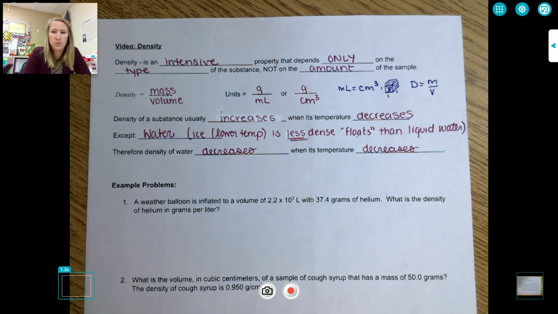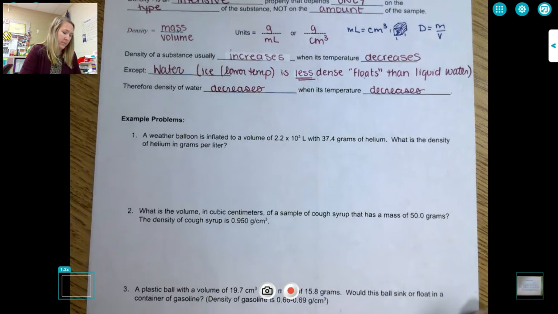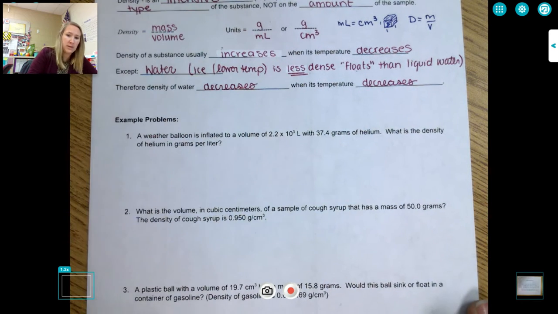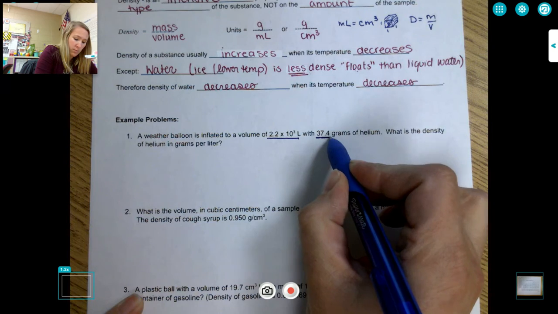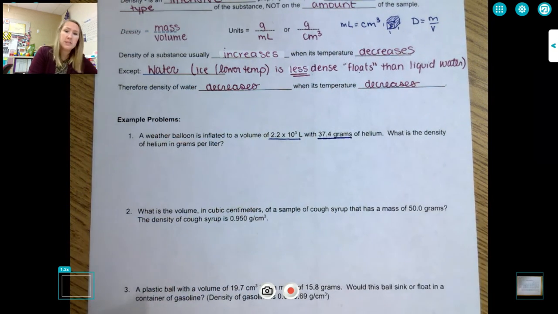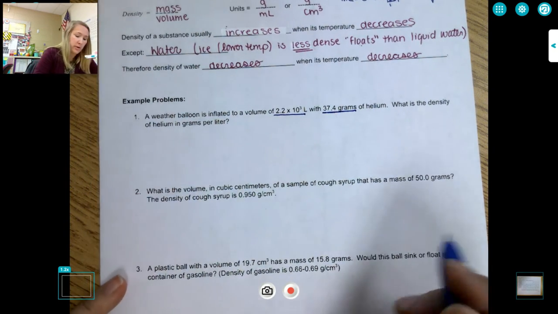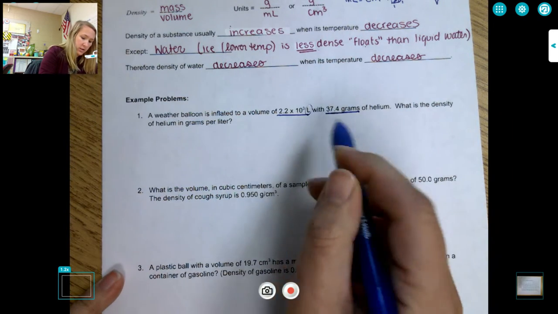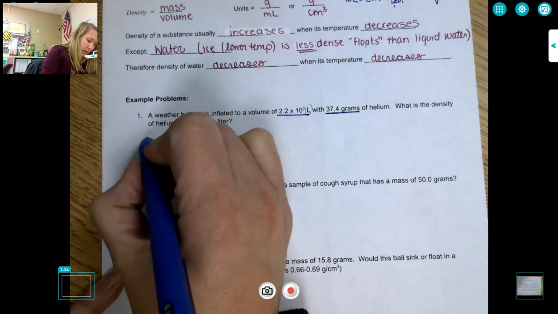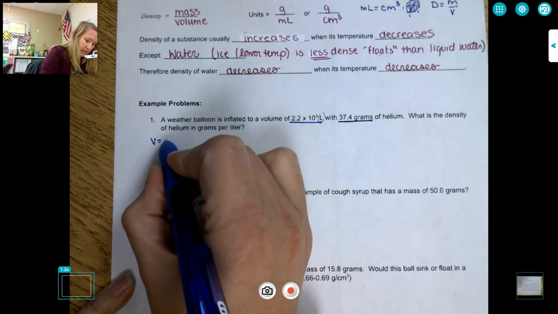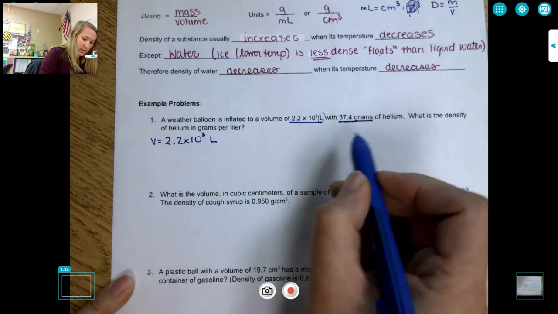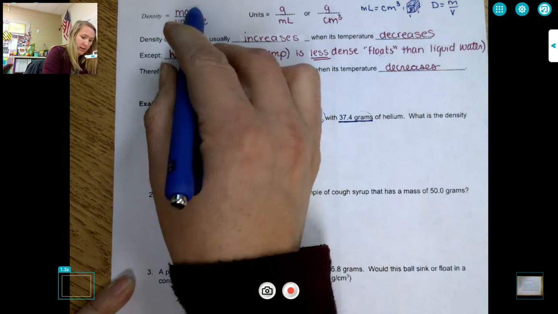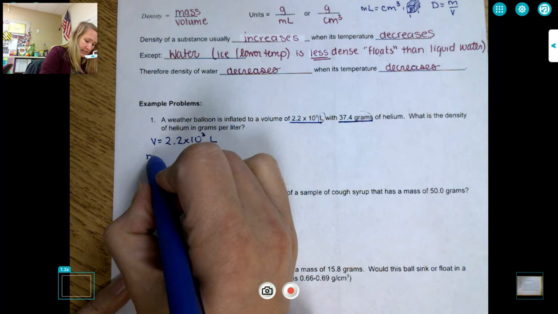So with density, we're going to go through some practice problems. Our first practice problem here is on a weather balloon. Our weather balloon is inflated to a volume of 2.2 times 10 to the third liters with 37.4 grams of helium. First thing we always want to do when we're doing a calculation is pull out our variables. So we see that we have liters here. Liters is volume. So we're going to say that our volume is 2.2 times 10 to the third liters. And we're given grams. We know that grams is mass. So my mass equals